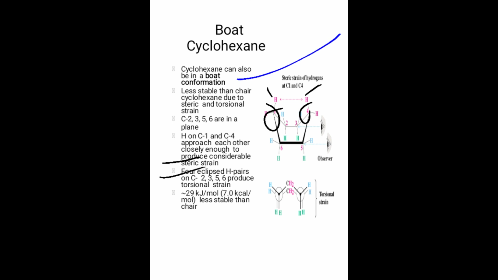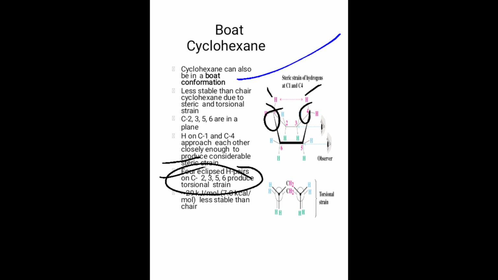आणि जे 4 इक्लाइप्स हायड्रोजन ॲटम्स असतात 2, 3, 5, 6 वर, ते काय करतात? टॉर्जनल स्ट्रेन आहे तो टॉर्जनल स्ट्रेन प्रोड्यूस करतात. लास्ट लेक्चरला आपण बघितले व्हॉट इज द टॉर्जनल स्ट्रेन, व्हॉट इज द अँगल स्ट्रेन, व्हॉट इज द स्टेरिक स्ट्रेन. ॲटम जर जवळ असतील आणि ते रिपल झाले, दॅट इज द स्टेरिक स्ट्रेन ड्यू टू द बल्कीनेस. आणि जर अँगल मध्ये चेंज करायचा असेल, रोटेट करायचा असेल अँगल, त्यावेळी जो स्ट्रेन तयार होतो, दॅट स्ट्रेन इज कॉल्ड एज द टॉर्जनल स्ट्रेन. सो 4 इक्लाइप्स हायड्रोजन पेयर्स